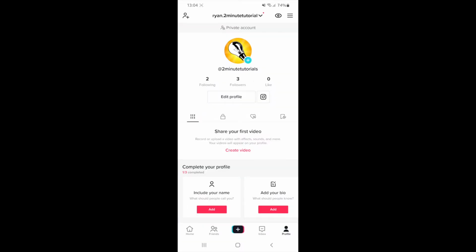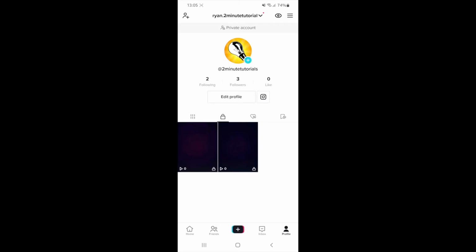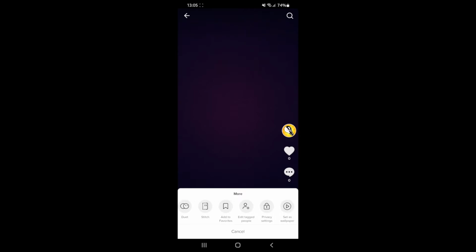Once you head over to your profile, as you can see where all the icons are, just under Edit Profile, there will be a little padlock icon, and if you click on this, what you'll see is all of the videos that you've uploaded that are in private mode. So if you want to make one of these public, you need to choose the one you want to make public, click on the three dots in the bottom right hand corner, and then you can now scroll across until